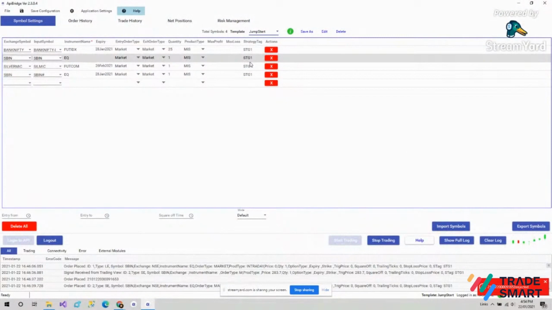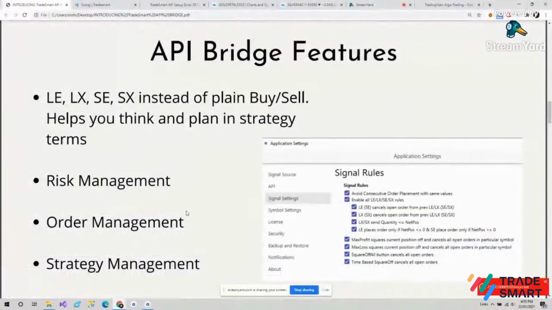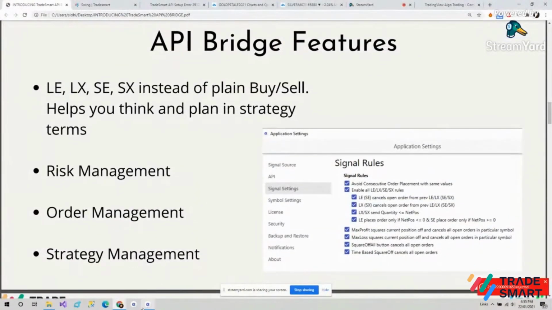So for example, if you have more than one strategy, you can give strategy tags and divide stocks on the basis of the strategies. For example, if you want to put one particular strategy in two stocks or different strategies for different stocks, you can give the strategy tags. So you can manage the strategy as well. These are some API bridge features.